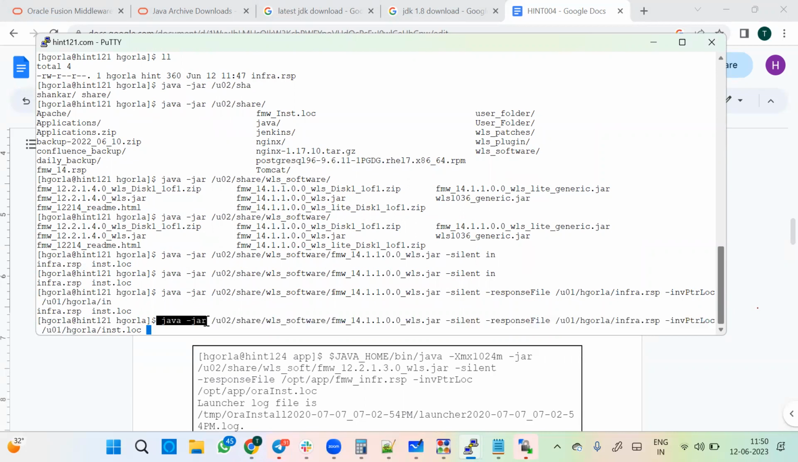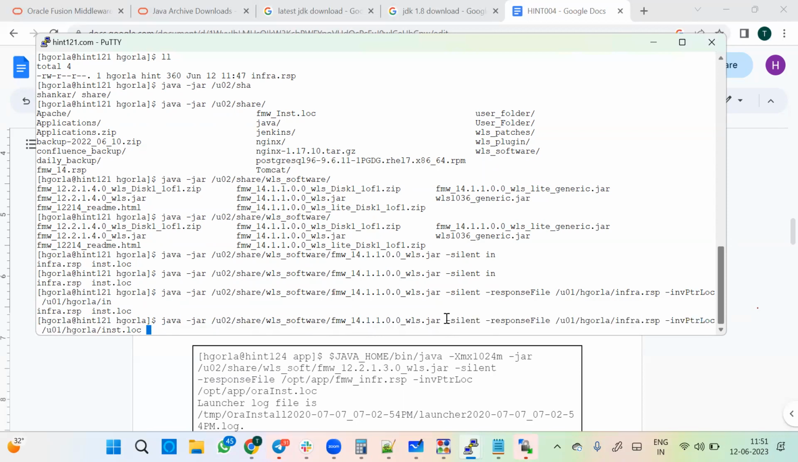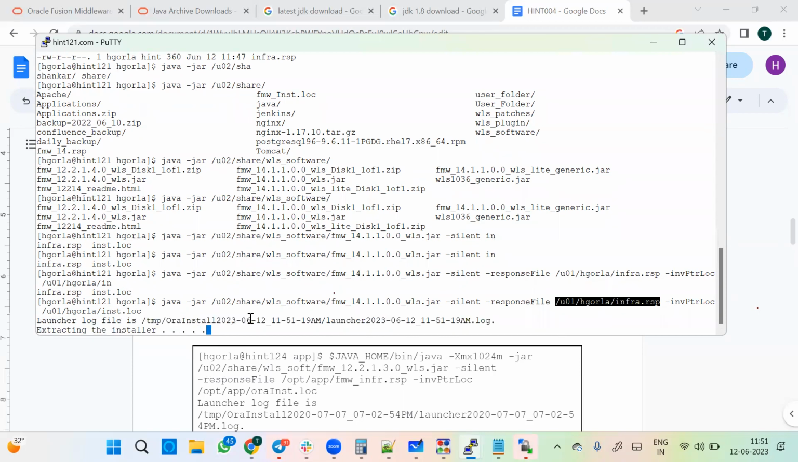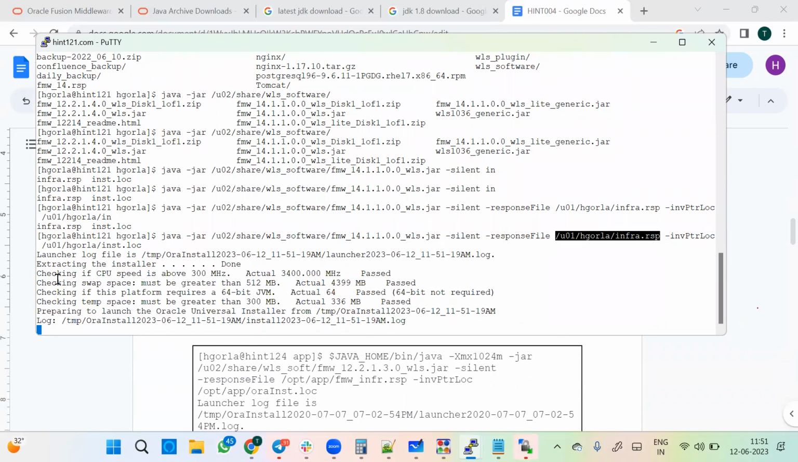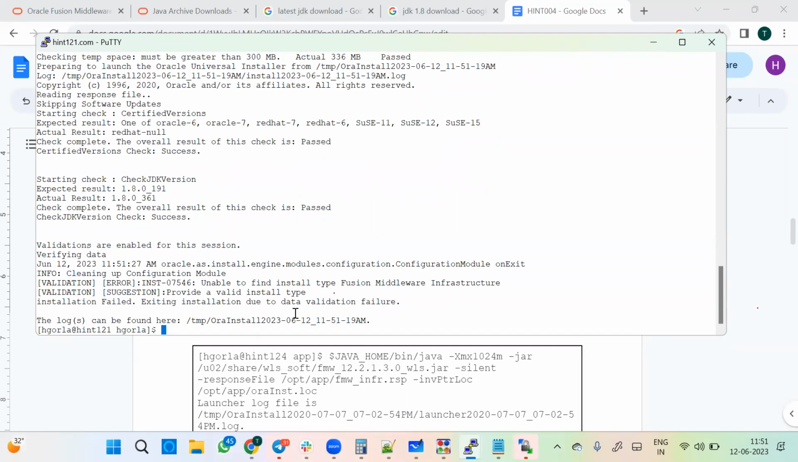Okay. The first is extracting the java -jar. This is the software, and I want to proceed with the silent mode of installation. If you have not mentioned this, it will go to the GUI mode. Okay, silent response file is located here. Location file is also located here. Response file, does it contain where to install? Location file contains what is the group and what is the inventory location. That's what. Okay, now it is extracting the installer, checking the CPU space, checking all this, starting, and it